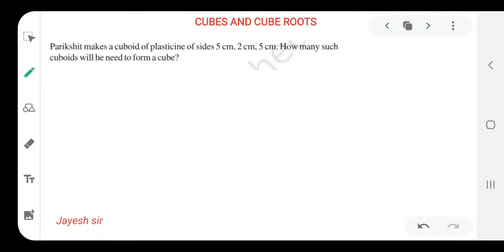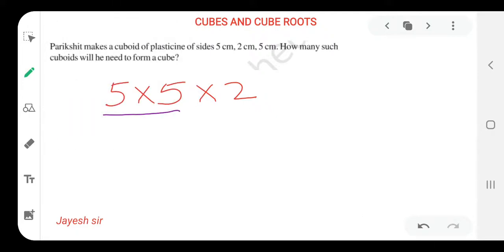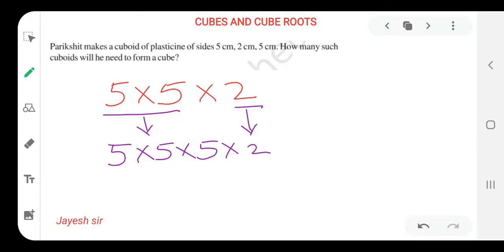So it should be multiplied. That means 2 fives are there and one 2 is there. To make a perfect cube, the 2 fives should be multiplied with one more 5. That means 2 fives as it is, we will multiply one more 5. And here one 2 is there, so as it is one 2, now it should be multiplied with how many 2s to make a perfect cube? It should be multiplied with 2 more 2s, one 2 and a second 2. In this way I have multiplied with 2 more 2s.